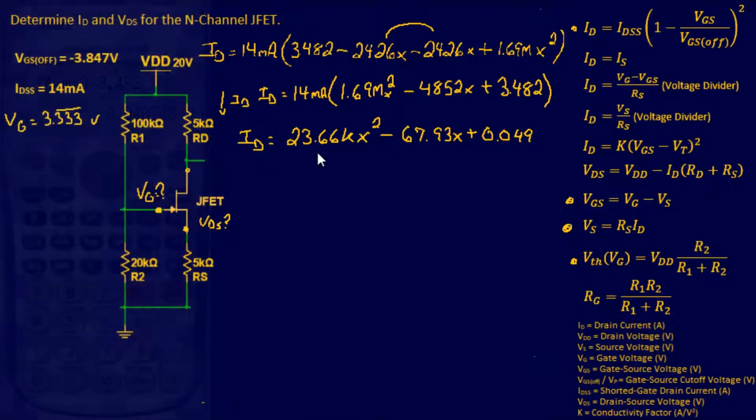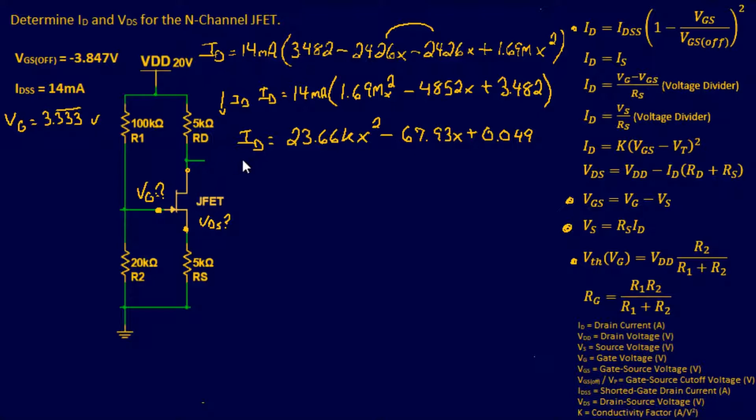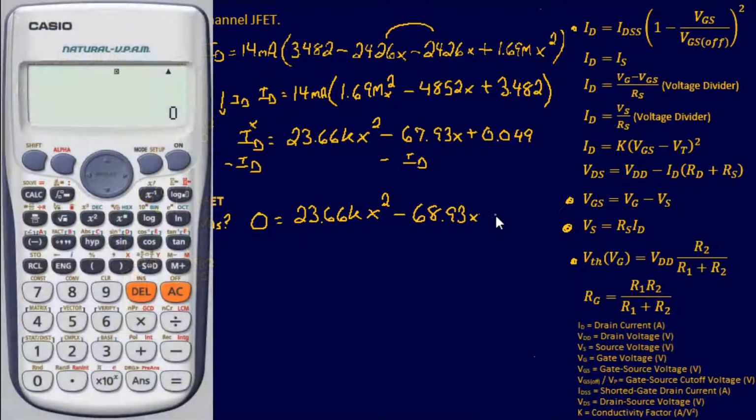And then the last thing we're going to do is, since we already said ID equals x, we know this guy right here is considered to be x. Go ahead and subtract ID from this side, and I'm going to subtract him from this side. So he's going to come right here and be added to this guy right here. So all I'm doing is subtracting an x and pretty much stacking it on this guy, which means 0 equals 23.66 kilo x squared. And then since I'm adding one over here, it's going to be negative 68.93 x, because I said ID is x, and then it's going to be plus